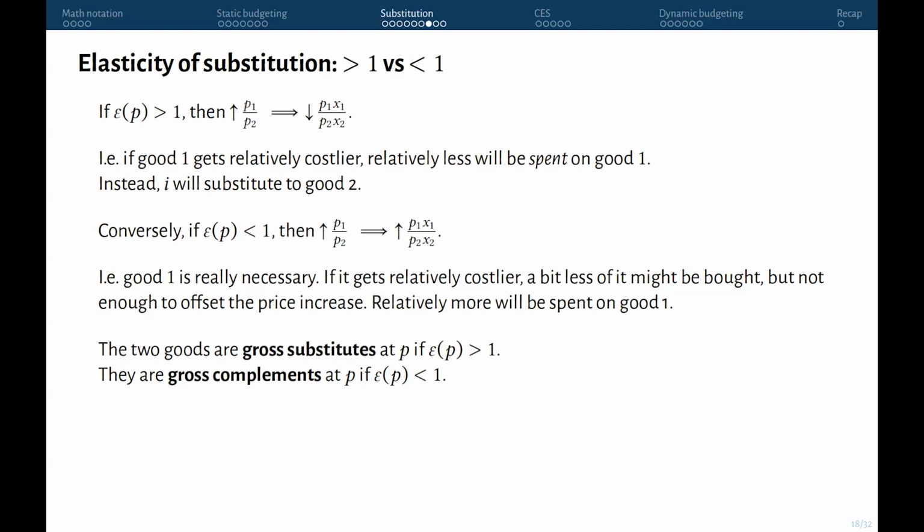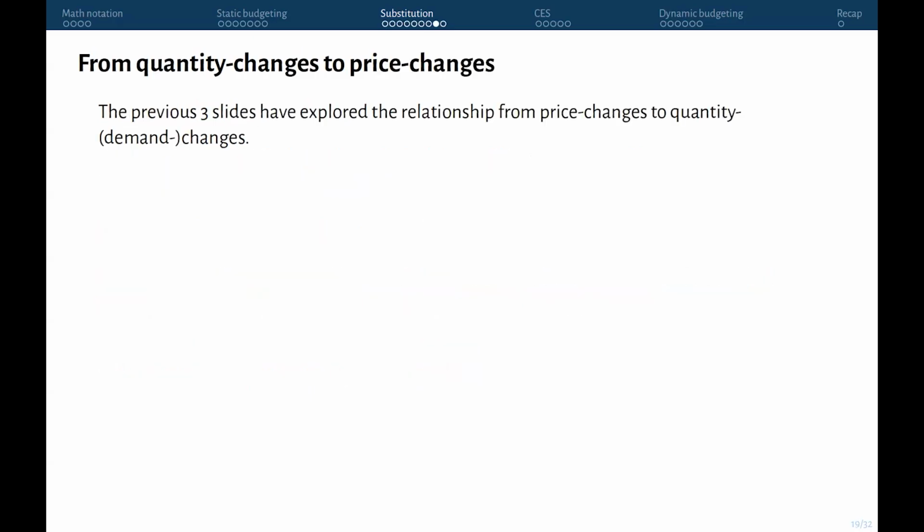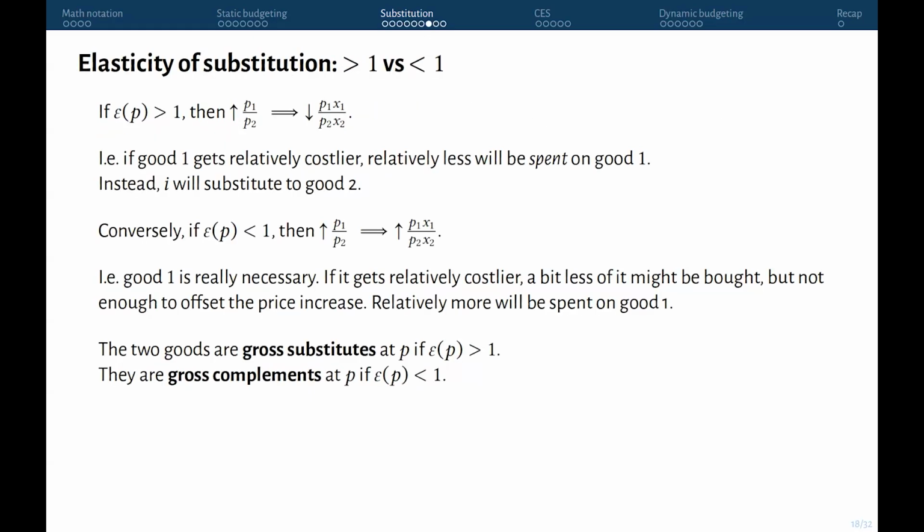Note that goods can be gross substitutes, but still be complements in the sense of complementarity discussed before. So, it can be the case that goods are sort of mildly complementary, yeah, I don't know. I should have a good example, but like